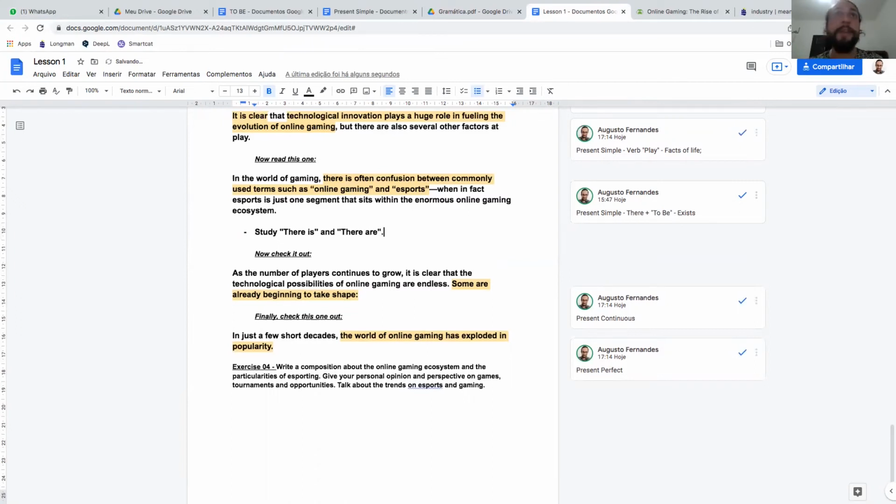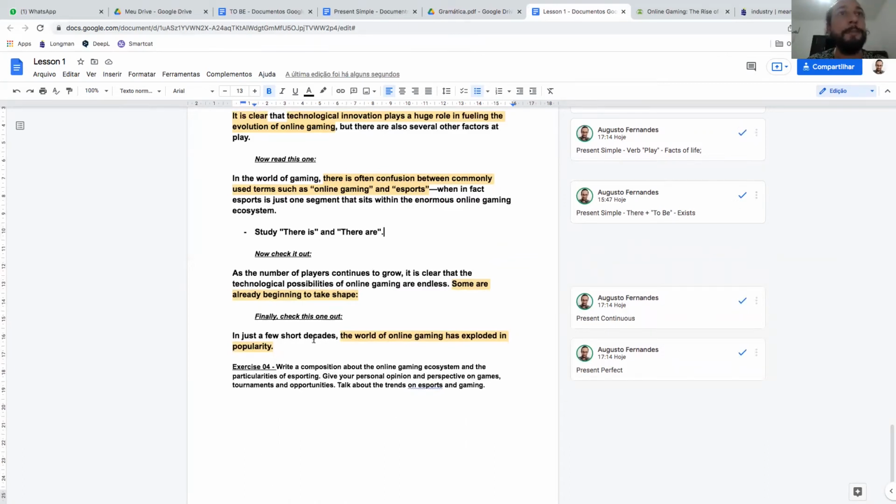So we still don't have material in the grammar right now about this topic, but you are smart students. I believe you can find this on the internet and understand this part and other parts of the text. This is all a support for you to read the text and understand it very well, okay?